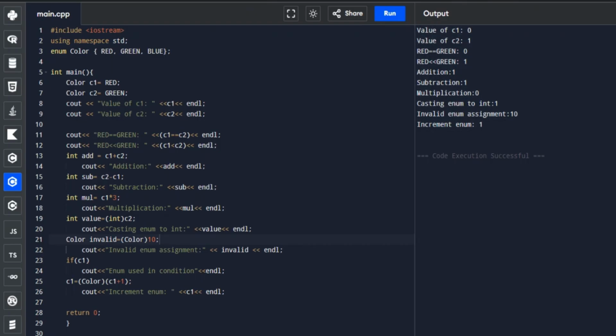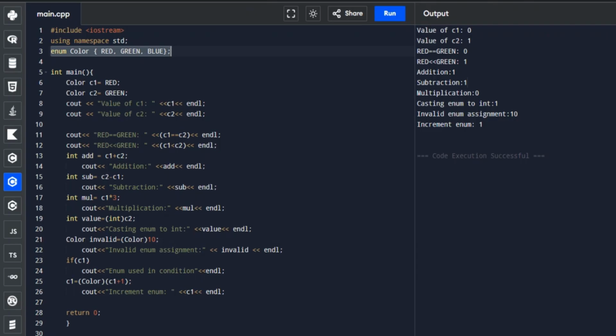The result shows the numeric values of the enumeration. As you can see, we declare an enum here and display the numeric values of those enum constants, as well as the result of the different operations performed on them.